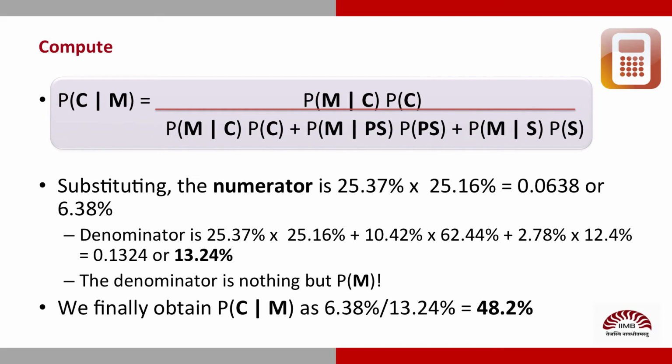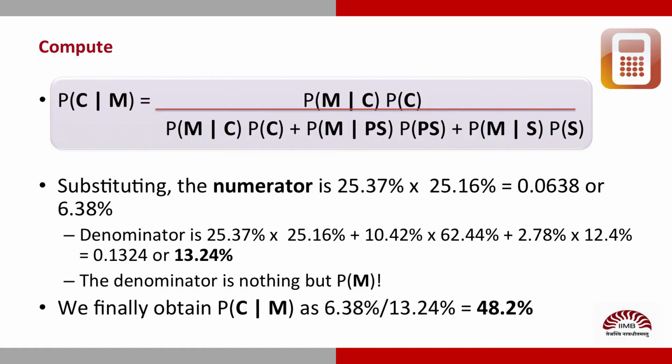We get the numerator as 25.37% times 25.16%. The denominator is a sum of three products. We could have simply worked with decimal expressions, but percentages give us a cleaner picture of probabilities. Did you know percent is per 100? Yes, so we drop the percent sign, work with the numbers directly, and get the ratio finally as 638 over 1324, which gives us 0.482 or